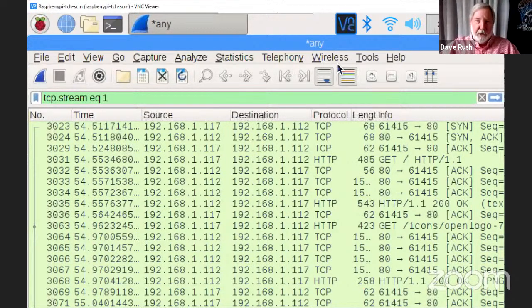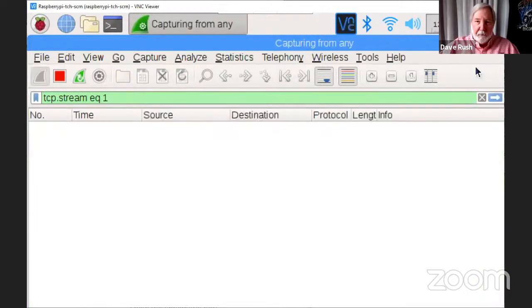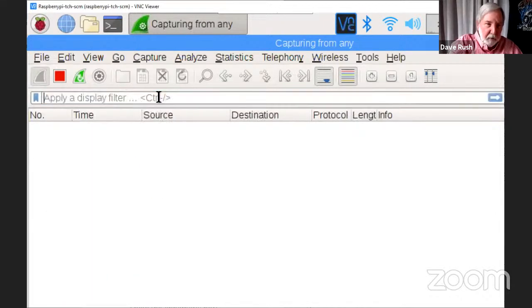Now, what I'm going to do this time is start another capture, and then I'm going to minimize that. There should be some kind of traffic displaying.